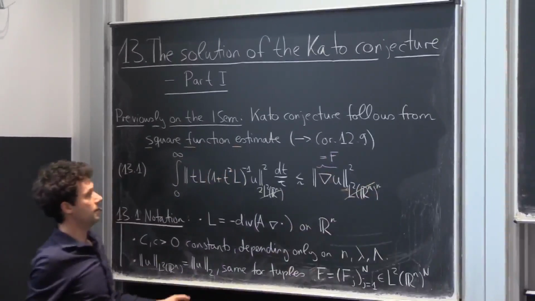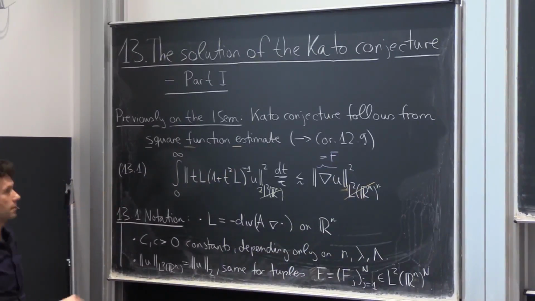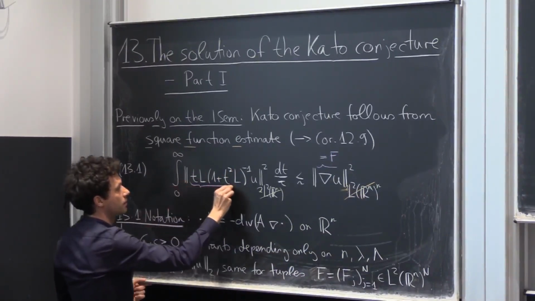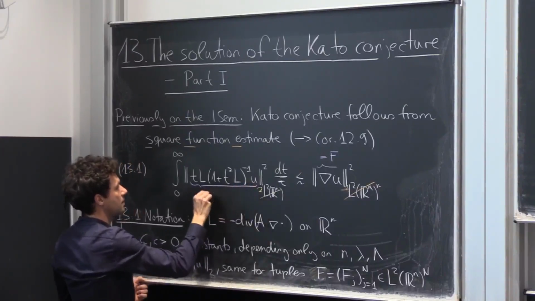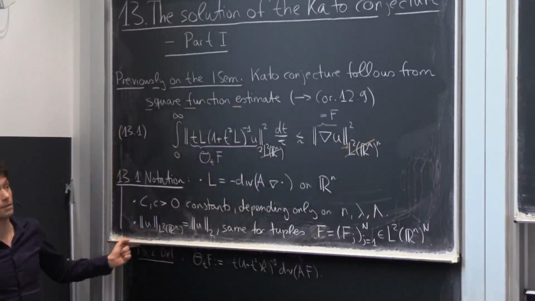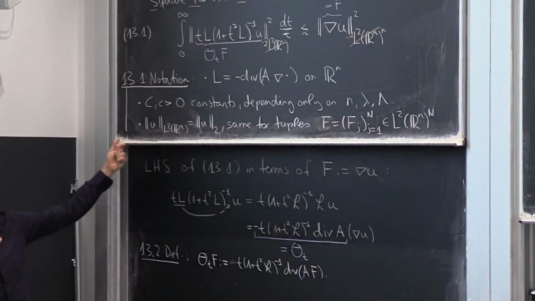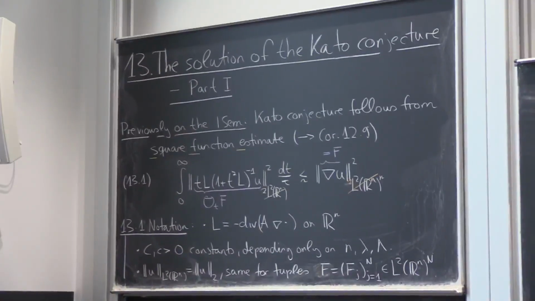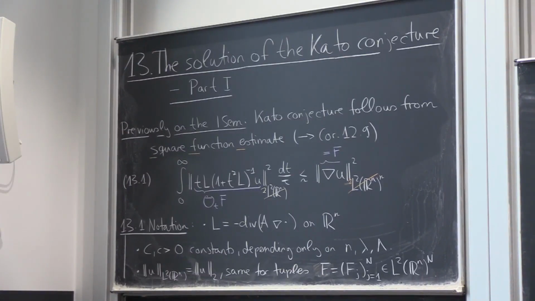And if I use that notation and I go over here, then using F as this gradient field, the right hand side is F and the left hand side of my quadratic estimate is Theta_t acting on F. Okay? And so it's about proving an estimate for these Theta_t operators acting on vector valued functions capital F, and if necessary at points we can assume that we only need it for gradient fields.